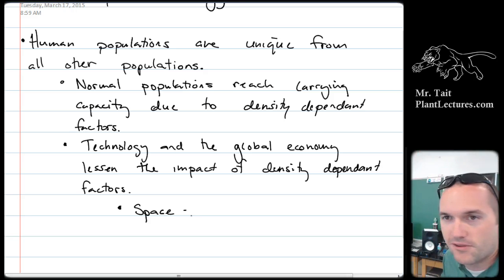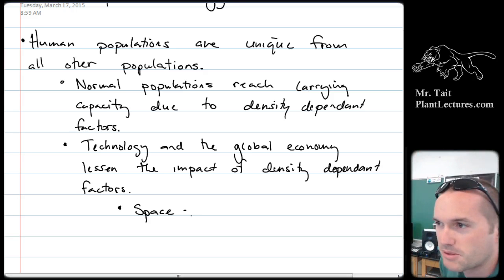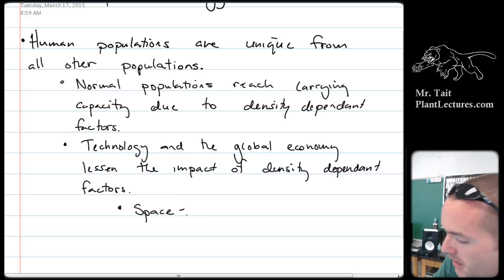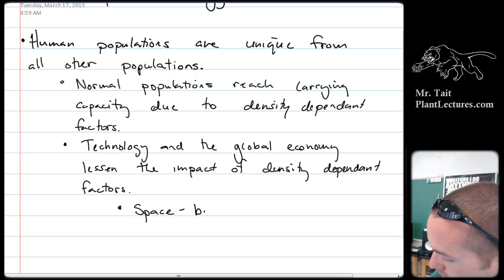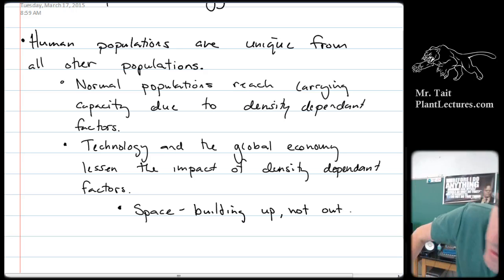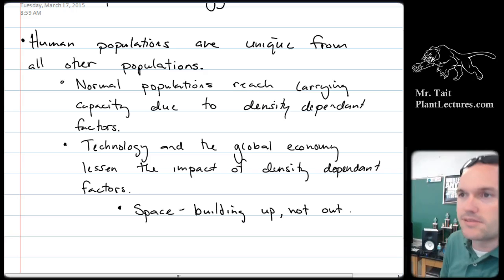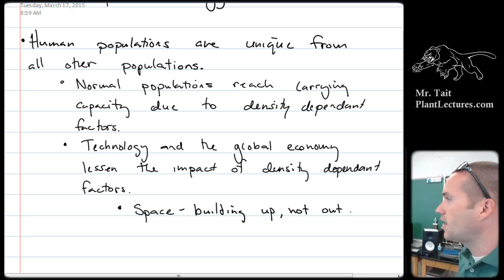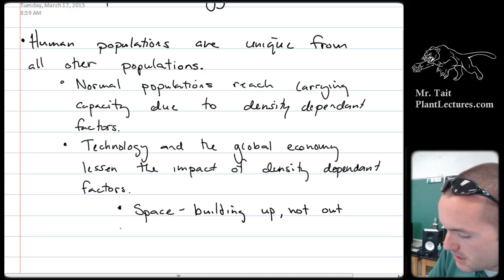So if we all lived in a flat area, there was no such thing as a second story, then we'd run out of space, right? But we don't do that. We build up. You know, sometimes we build really far up. If you look at like Dubai and stuff. So we can say building up, not out. That's going to maximize our space. Okay. What do we do if there's already a building there that's not tall enough? Knock it down and build a taller building. Right? Okay.